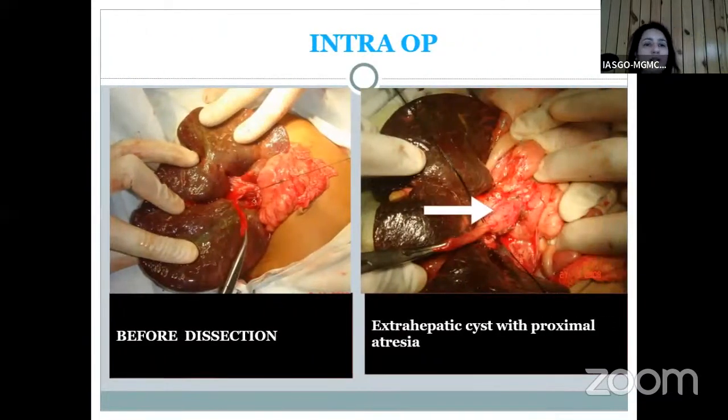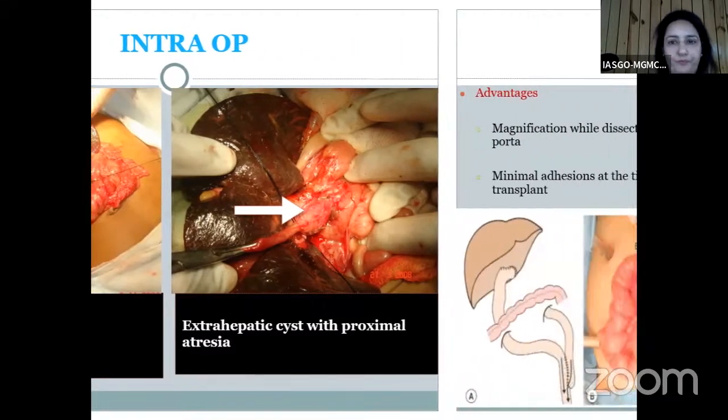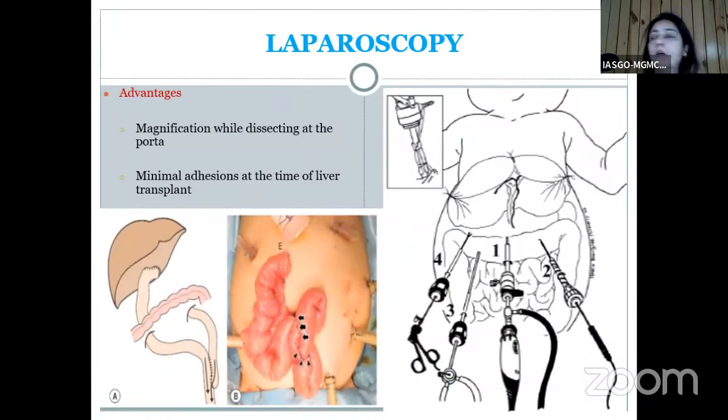So these are the intraoperative pictures where you find the gallbladder atretic, the bile duct, common hepatic duct. You do not find anything. In the second picture, there is a cyst, but you cannot find any patent biliary ducts. The same procedure, the Kasai procedure, which is the treatment of choice, can be done laparoscopically and has the advantages